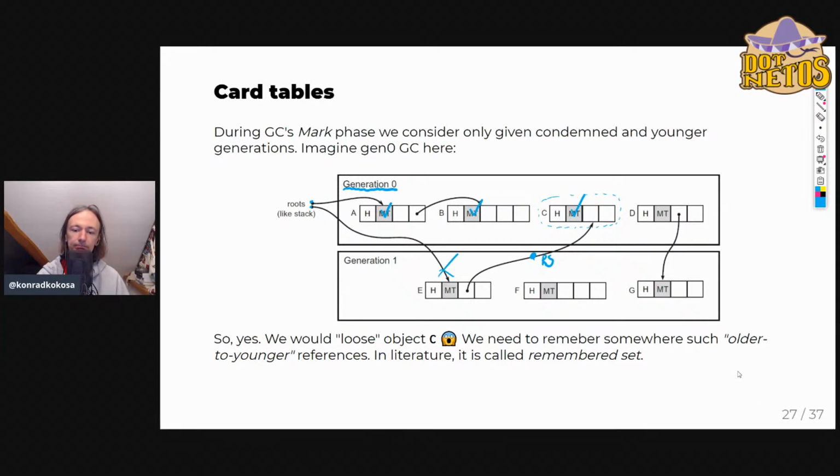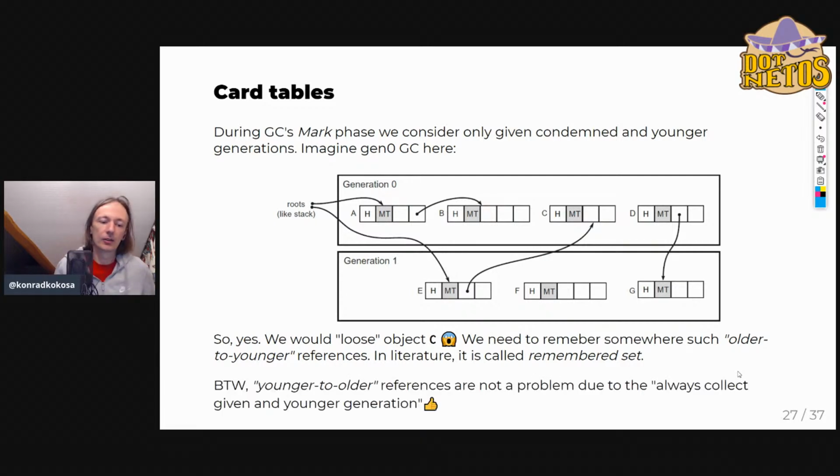But one side note, we don't have this problem with younger to older references because of this decision that we always collect a given generation and all younger ones. So from the opposite direction, there is no problem with that. And this is one of the reasons why it is wise to collect given generation and all younger generations. We don't need to worry about younger to older references, but we still need to cover older to younger. And